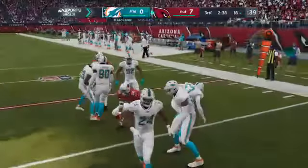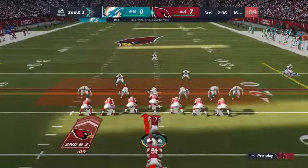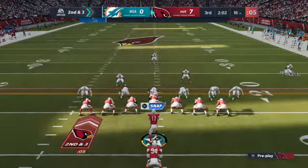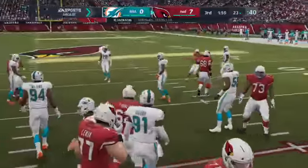Brings it just past the 15, able to avoid the initial contact, but not much more there on the play. So they'll come up after the gain of 7 on a 2nd and 3. That's a really nice job by them picking up the run blitz and detecting it and blocking it and turning it into a nice run. And a lot of times you think if you blitz a running